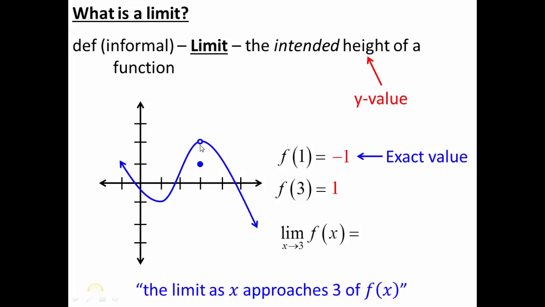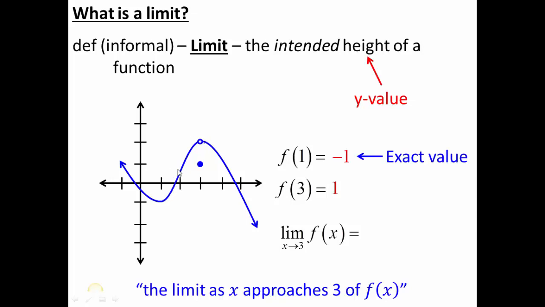A limit or intended height is like asking your friend what his favorite restaurant is, but without actually asking what his favorite restaurant is. Instead of asking what's your favorite restaurant, look at his credit card receipts. If he's always going to the same restaurant, then that implies that that's his favorite restaurant. But of course, maybe it's not his favorite restaurant. Maybe he likes going somewhere else. He just likes paying at this one location because he's crazy. The point is, what the actual restaurant is, what the actual height is, is not relevant. What's relevant is what the clues dictating the actual height would be.